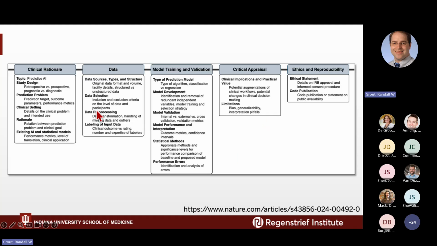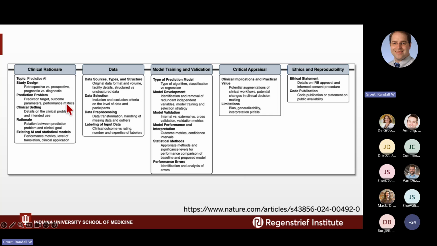This was a fascinating figure from that paper. What they did is they looked across all the different items in these different frameworks related to medical AI and reporting that in the literature. And they considered these to be universal items if they were in at least 50% of the frameworks that they looked at. And you can see across the different categories. Usually they have categories and subcategories in these frameworks.